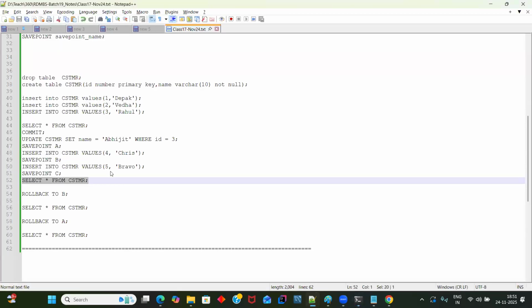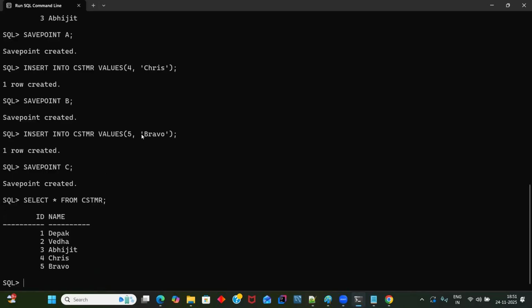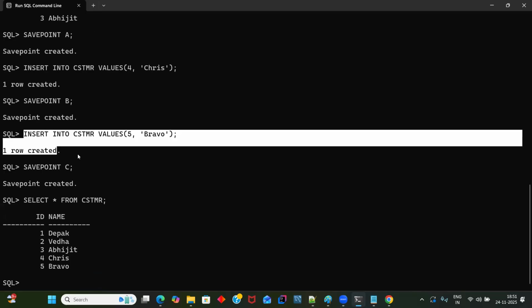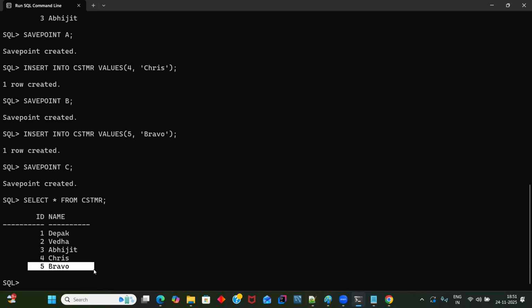After you did all this, you realize that the Bravo row is not required. After you inserted it, you decided, no, I wrongly inserted. Can I go back? Yes. That's the reason you created these save points A, B, C. If you really think that this row is not required, then simply, what you can do is say rollback